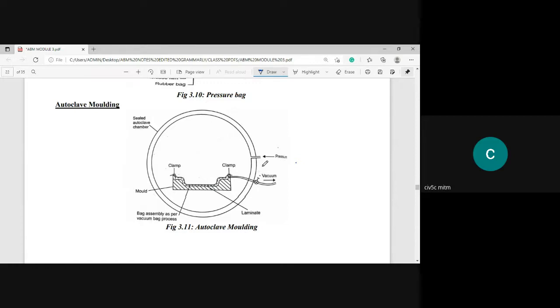An autoclave chamber is a pressure controlled steam chamber where you induce a high pressure through the steam, so that you can effectively prepare the laminate. That is the meaning of autoclave. It will be completely sealed. You can see the sealed autoclave chamber.